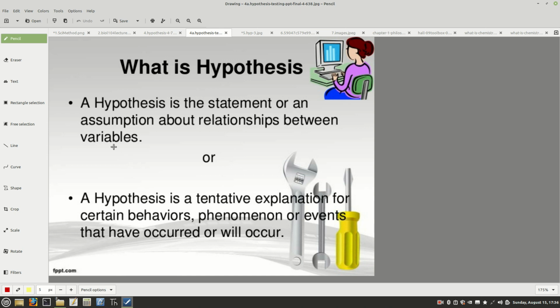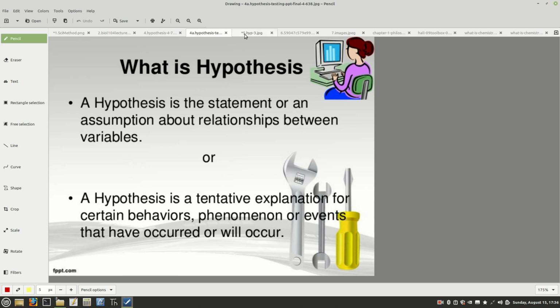So you have fixed variables and you have variables that you can alter, like the heat. You could alter the heat. That's a variable, but the fixed variable would be who wins the race. Either the turtle wins or the rabbit wins. That's your fixed variable. Now, a hypothesis is a tentative explanation for certain behavior or phenomenon that has occurred or will occur. So this is your explanation, that's your hypothesis, and then you're going to alter variables and see if the outcomes you predict are true or do occur, and that would be how you set up your hypothesis.